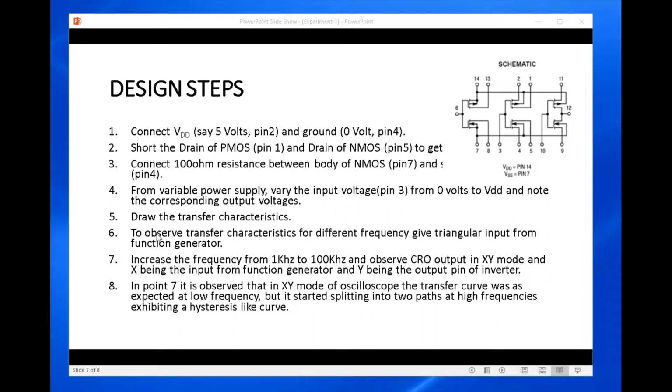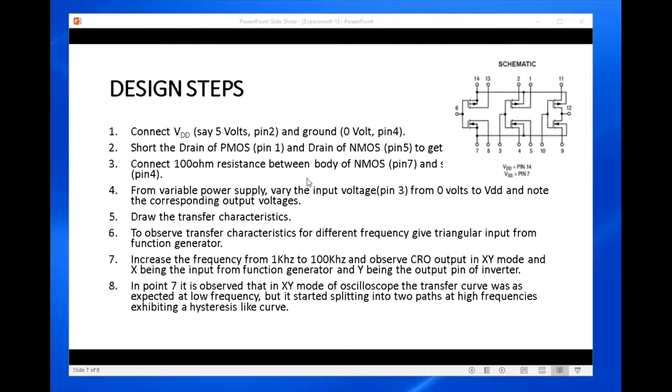Then you observe this transfer characteristic for different frequencies, and you will observe some changes. There may be some hysteresis and so on, which you have to explain. The frequency range you can choose from 1 kilohertz to 100 kilohertz, or even go to megahertz, at least in simulation, and observe the output in XY mode.